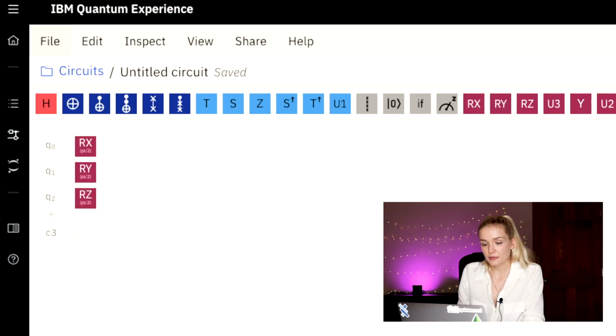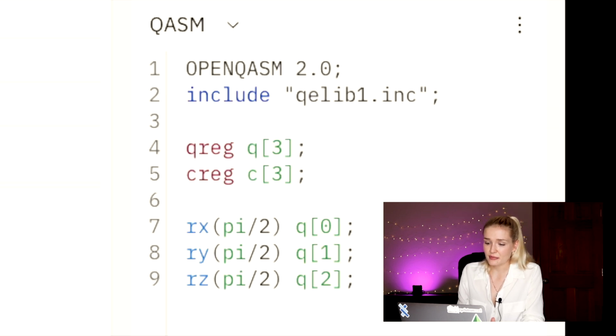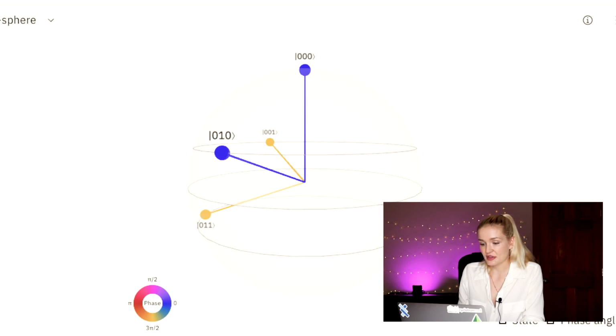You can apply the Y and Z gates the same way on the qubit. They rotate halfway around the sphere around the Y and Z axis. They're written in OpenQASM code like Y or Z and whatever qubit you want to apply it to. Arbitrary rotations can be applied using the rotation gates. The X, Y, and Z gates are just special cases of these rotation gates. You can also rotate by pi, pi over 2, pi over 4, whichever you like. The Rx rotates around the x-axis, the Ry around the y, the Rz around the z. And remember, the rotation is around the axis, not on it.